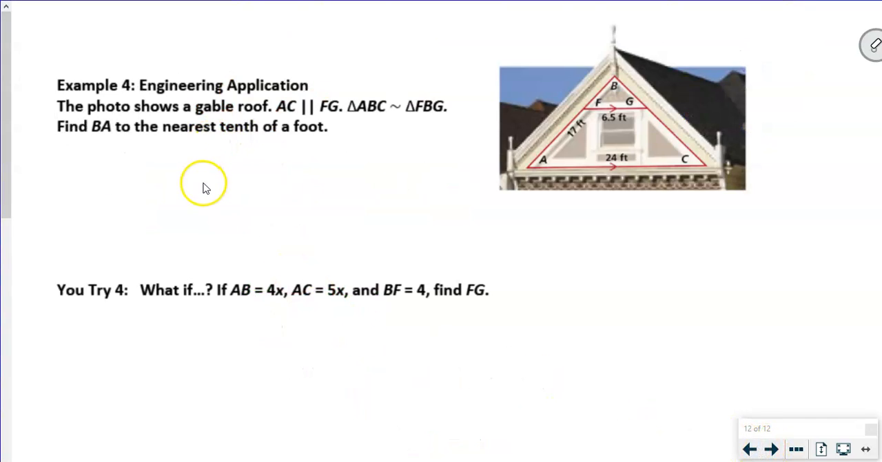So let's look at the last two actually. It says engineering application. The photo shows a cable roof. AC is parallel to FG, and ABC is similar to FBG. Find BA to the nearest tenth of a foot. So we're looking for BA, which is right here, right? So we're looking for that whole length, okay? So we're going to take this side of the little triangle,